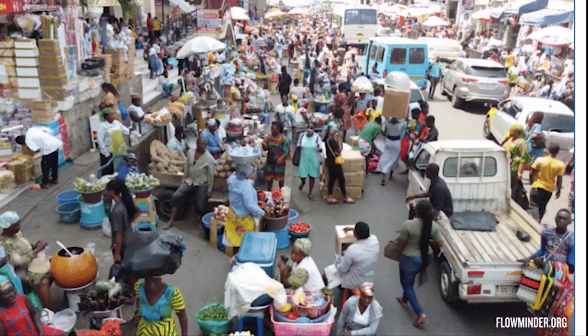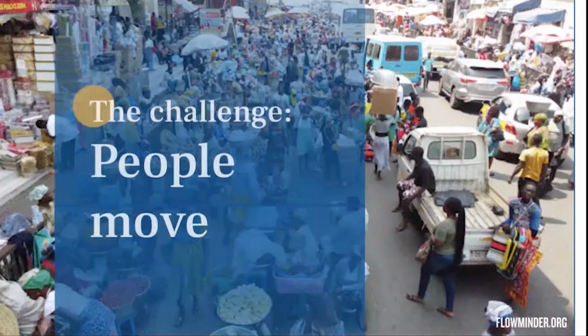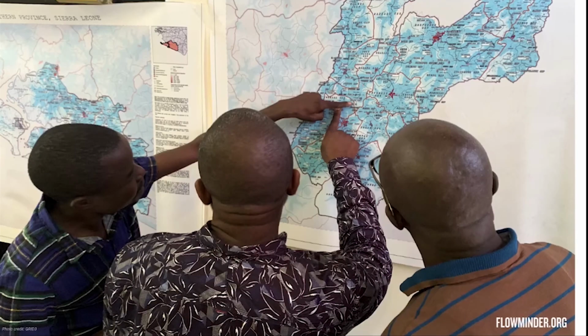As we all know, people move around a lot. They commute, they migrate, they move house. For healthcare professionals and planners, this creates big challenges. One, it's a factor in the spread of communicable diseases. And two, it affects the total number of people who are in a catchment area, which affects things like service